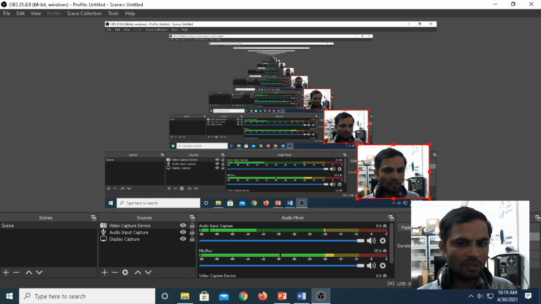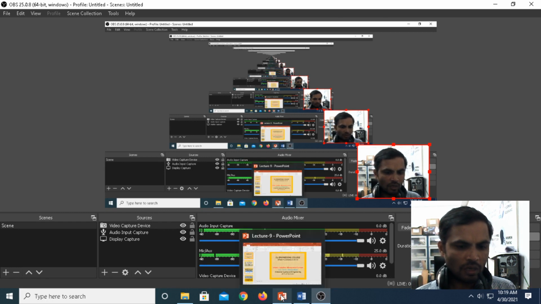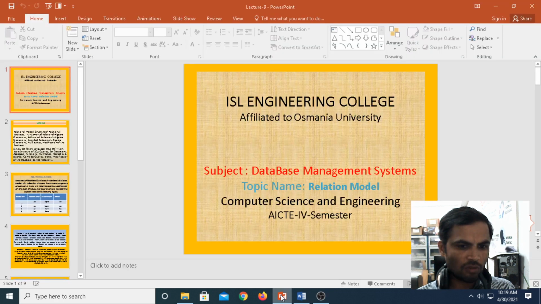In today's class, you are learning about the second unit, relational model. Now, under the second unit, what topics will be there under the relational model? In the first unit, you learned about the file processing system, the database management system, and the database management system architecture. Then you learned about the ER diagrams and the ER diagram components. Lastly, you learned about the extended features. Under the first unit, these are the major topics.